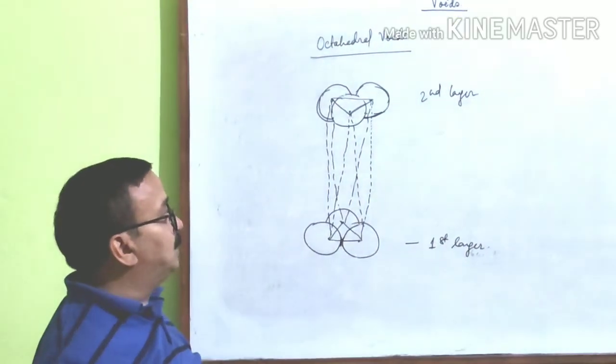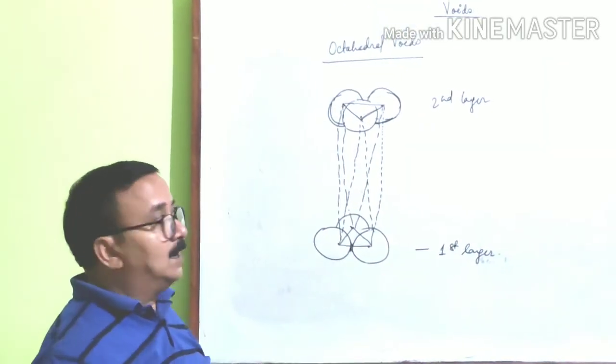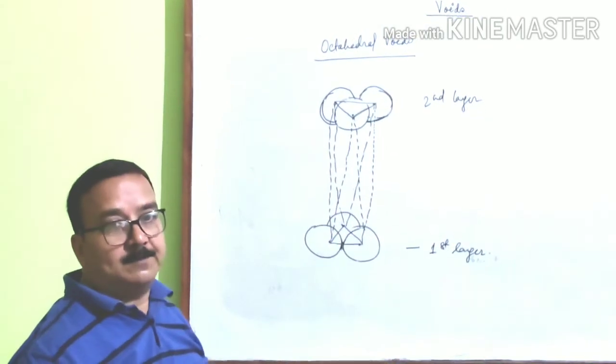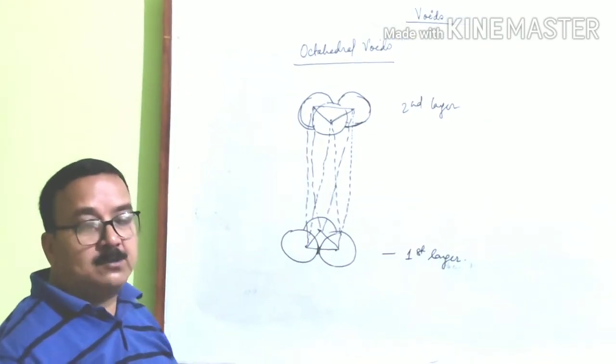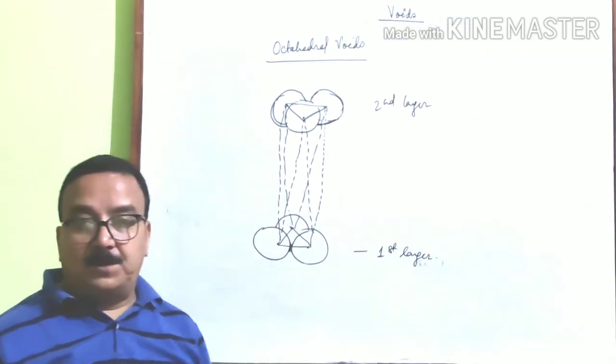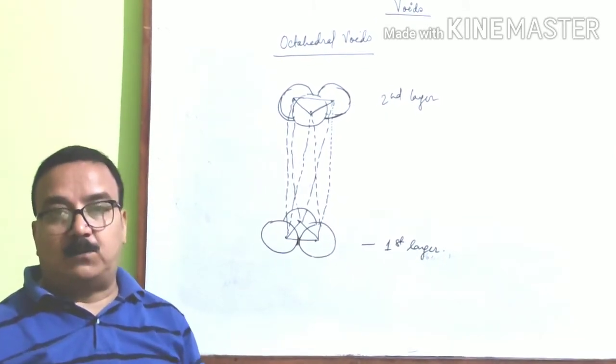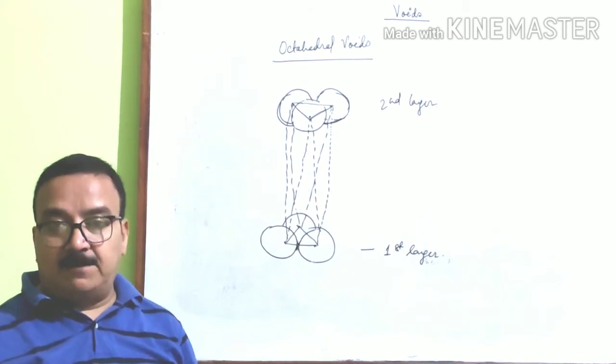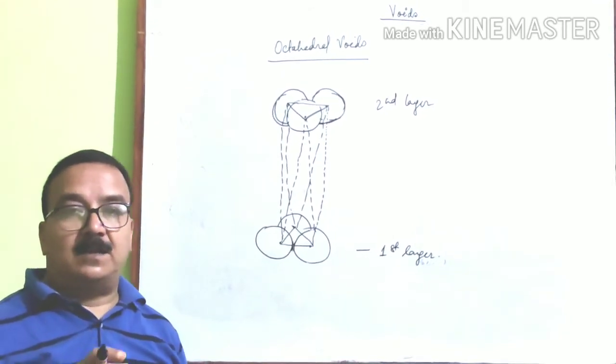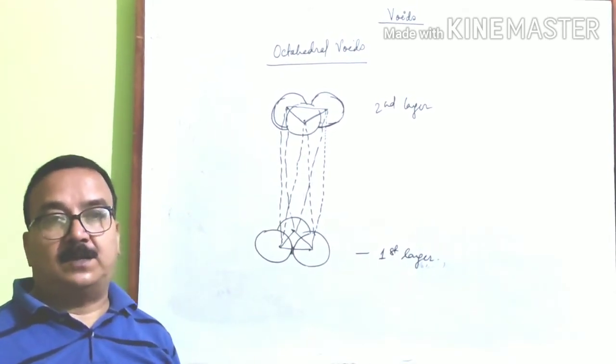That vacant space is known as an octahedral void. So, in case of octahedral void, how many spheres are touching each other? 6 spheres are in contact with each other, and in between the 6 spheres, the vacant space is known as